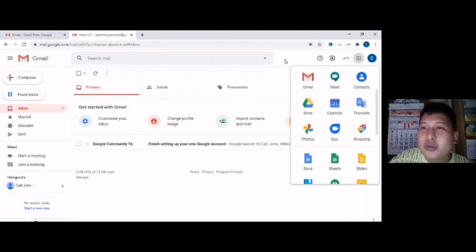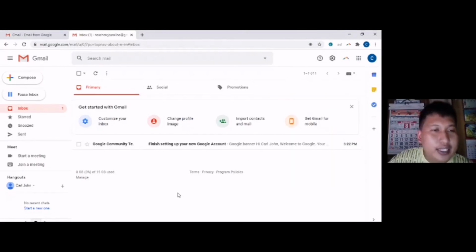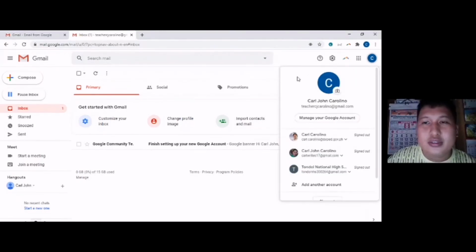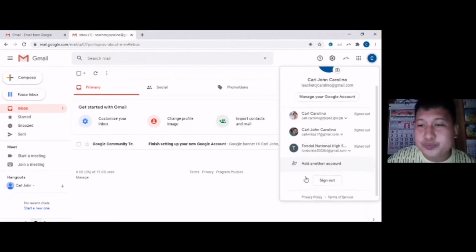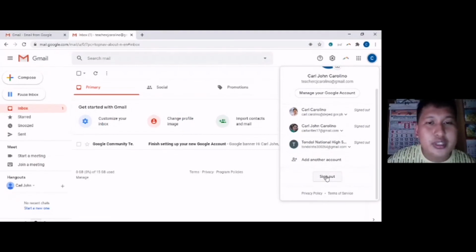A Google account, which is personal, will give you 15 gigabytes storage. And that's it. This is the process of creating a Gmail account. Do not forget to sign out your account.